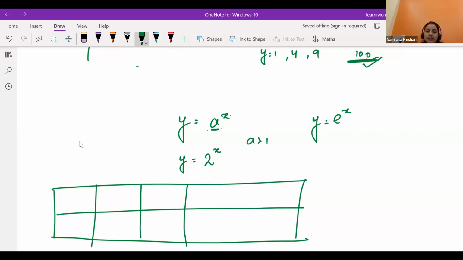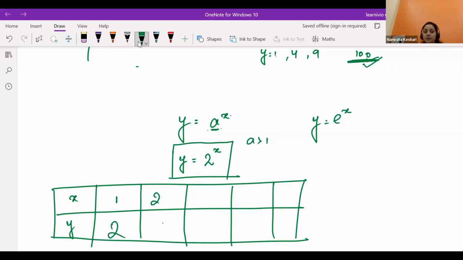Now let's see how exactly we get the graph of this exponential function. So when x is 1, y is, for this particular function 2 to the power x, 2. When x is 2, y is 4, right? When x is 0, y is 1. Yeah, it's 1. When x is, let's say, 3, y is